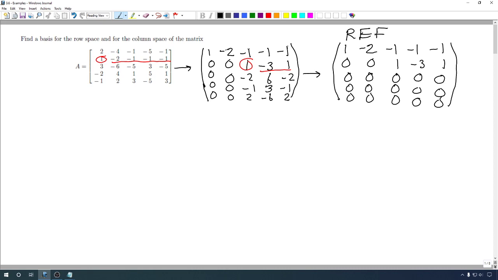And technically, at this point, we could stop and use what we know from this matrix to actually tell us something about the row space and even the column space. But in some situations, it's actually better to go one more step and get it into reduced row echelon form. So we'll go ahead and do that. We'll make a reduced row echelon form, so RREF,